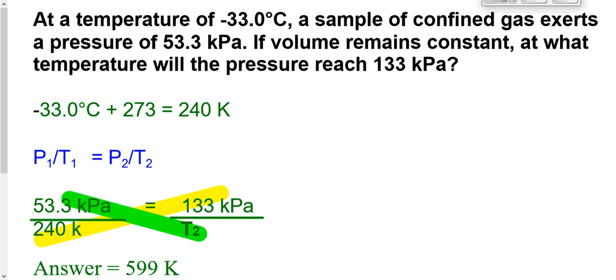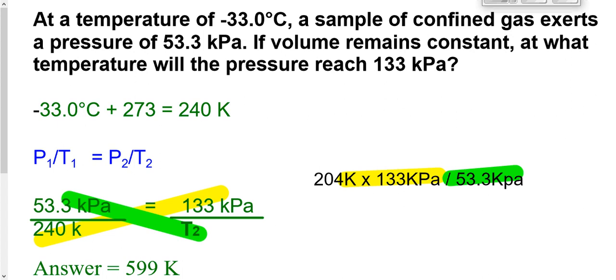Again, when it comes to doing the math, start by drawing an x through your equal sign. Multiply the two numbers that are on the same diagonal, in this case 240 times 133, and divide by the remaining number. Divide that by 53.3. When we do this and we take the 204 kelvins and times it by 133.3 kilopascals, divide it by 53.3